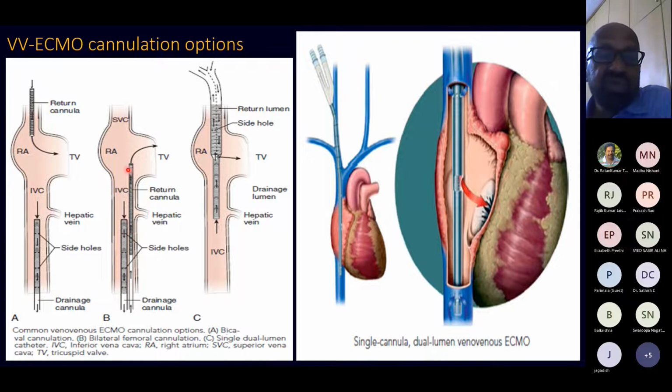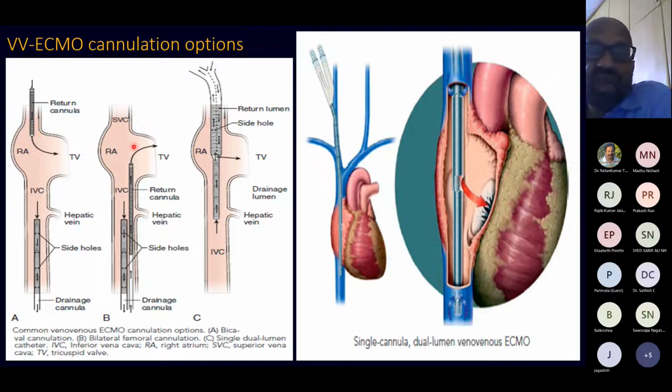This is to prevent recirculation. If you do not do this in these two configurations, if the cannulas are too close, the oxygenated blood will be preferentially diverted to the drainage cannula, and deoxygenated blood will be entering the right ventricle. So this will lead to failure of systemic oxygen saturation. This is called recirculation, and we need to avoid it by keeping a distance of at least 10